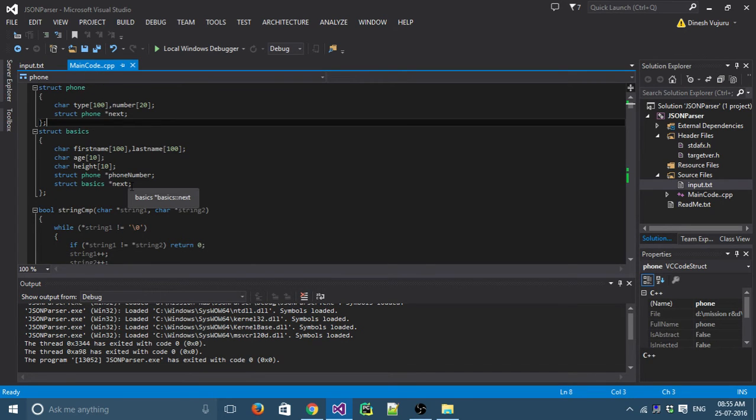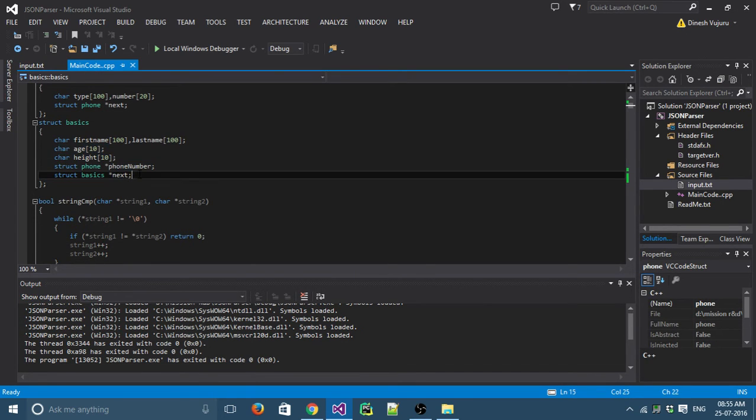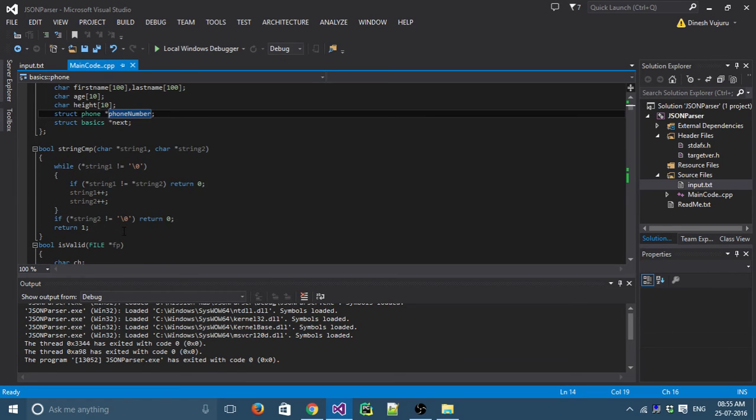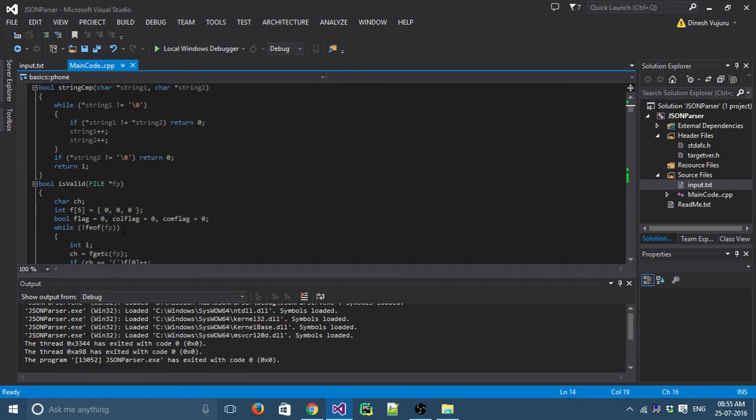Every node will have these basics and phone numbers. In the basics linked list node, there will be another linked list of type phone number. In this way I am storing each and every JSON object in the file.